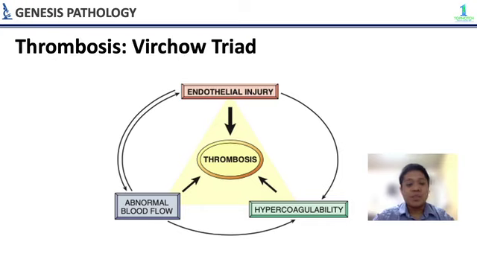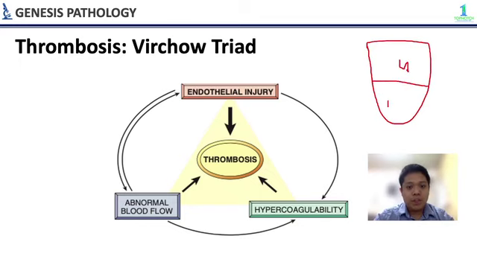Next, you have thrombosis, which is explained by the Virchow triad. So, for example, let's take a patient with chronic heart failure. So, for example, ito yung left side ng heart niya. So, ito yung left atrium, left ventricle, and then your aorta. Okay? So, for example, nagkakaroon ka na ng long-standing hypertension. The left ventricle, di ba nagkakaroon siya ng hypertrophy? And because of that, nagkakaroon din ng backup ng blood. Nagba-backup din yung blood because long-standing hypertension na, di ba?